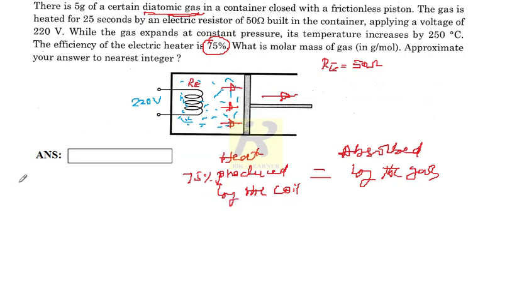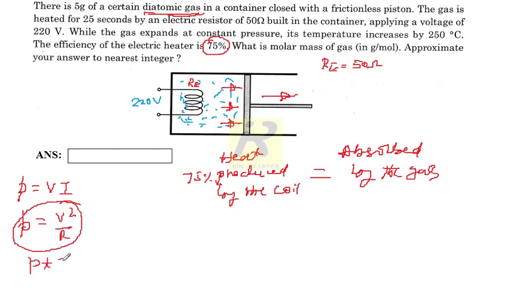For that, you must know the power dissipated by the resistor, in terms of voltage and resistance. We know two equations basically, that is V into I, otherwise we can write P equals V square divided by R. Now, I am using this equation as the power, and when you multiply power by time, this gives you energy. So for energy, I can simply multiply V square divided by R by T.